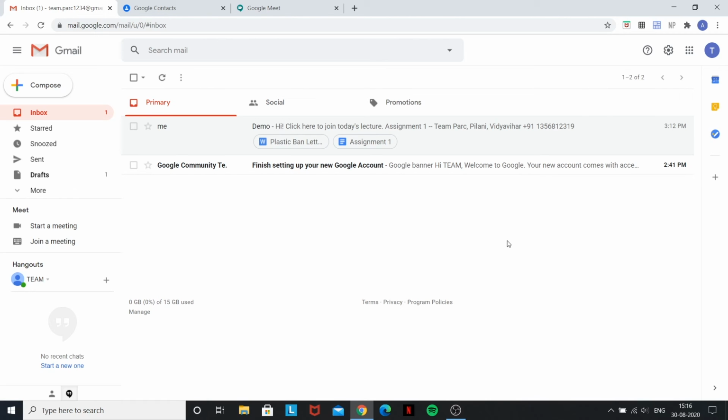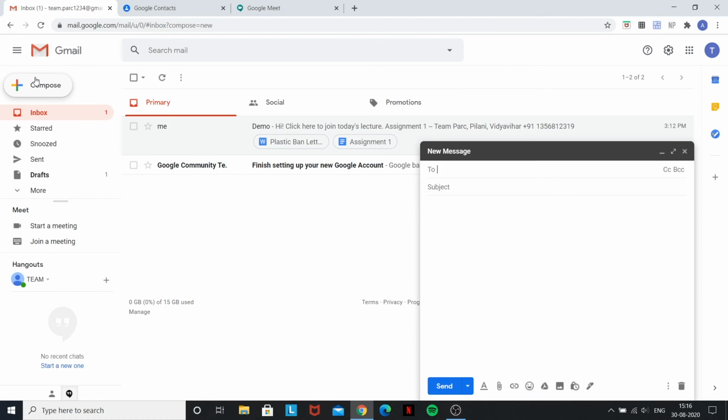So now the next feature would be sending to a group of people. It would be quite difficult if you have, say, 50 students in your class and you don't want to email each person specifically and type in their email addresses one at a time every time that you have to send something. So what you can do is make a group, or as Google calls it, a contact.